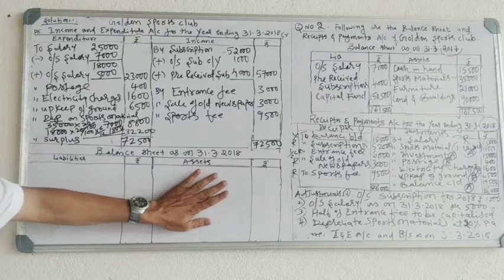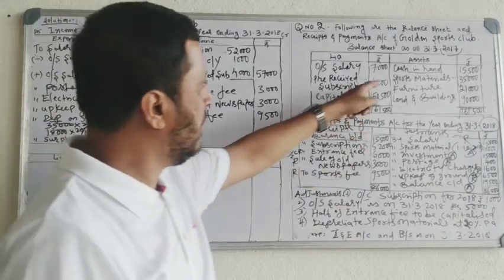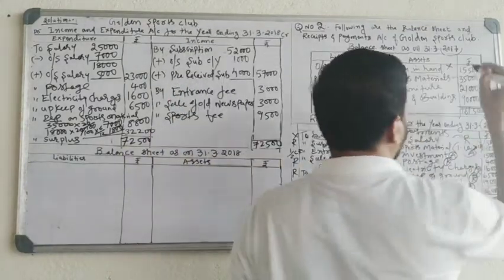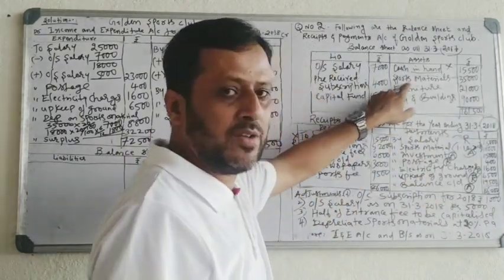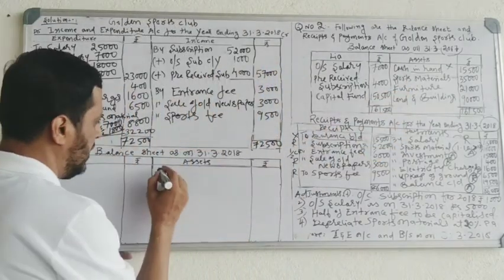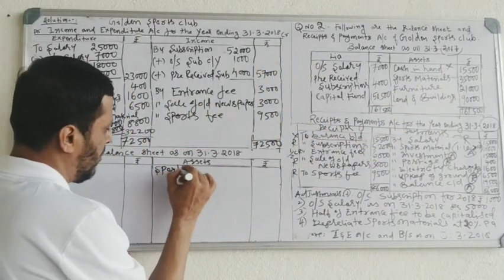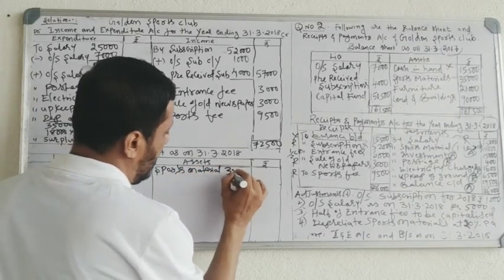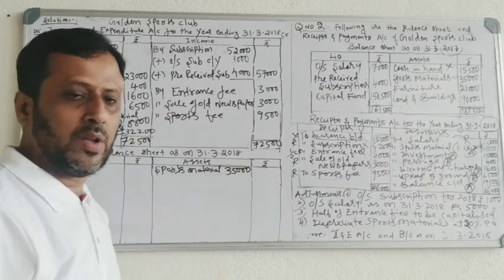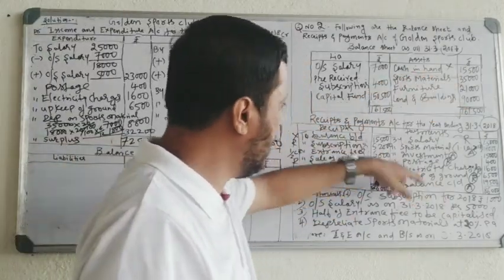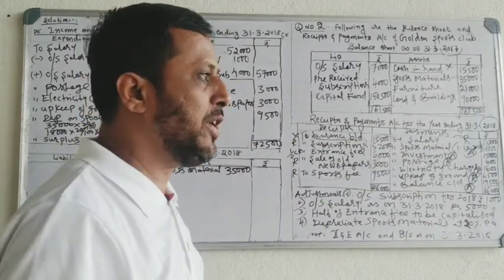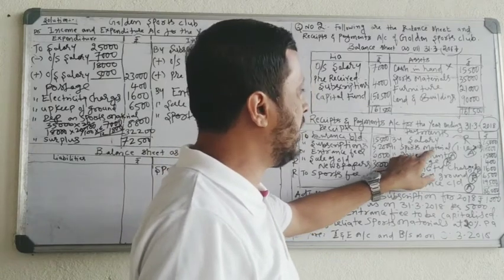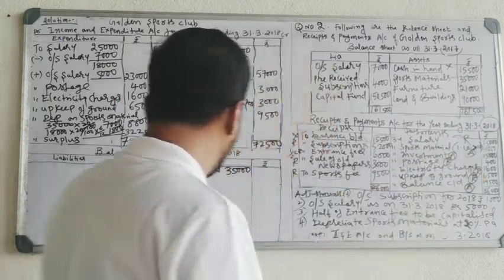Now we have to go to the balance sheet. For doing the balance sheet, see the asset side of the old balance sheet. Cash in hand, don't take it because it is last year's cash. Then you have sports materials. Sports material is an asset, record it on the asset side. Sports materials, 35,000. Last year sports material 35,000. See, is there any addition to sports material? Any sports material purchased during the current year? See, it is there. 18,000 worth of sports material is purchased.